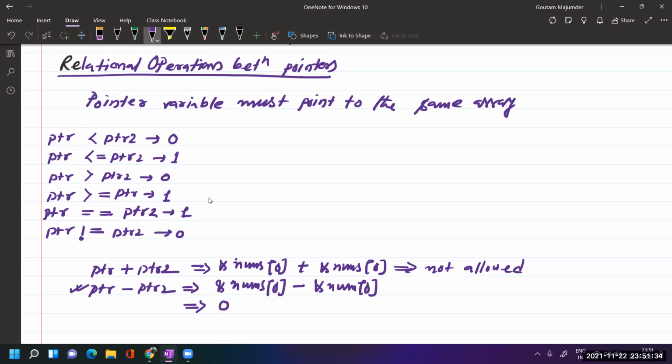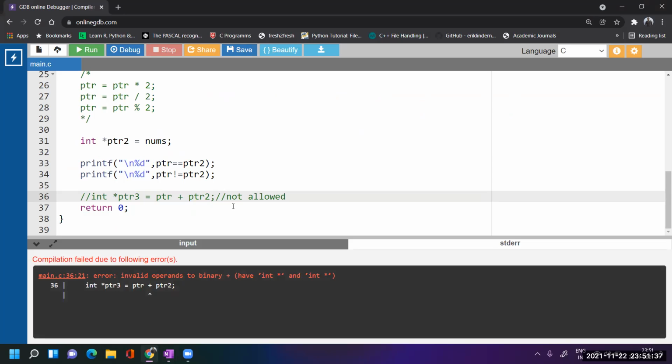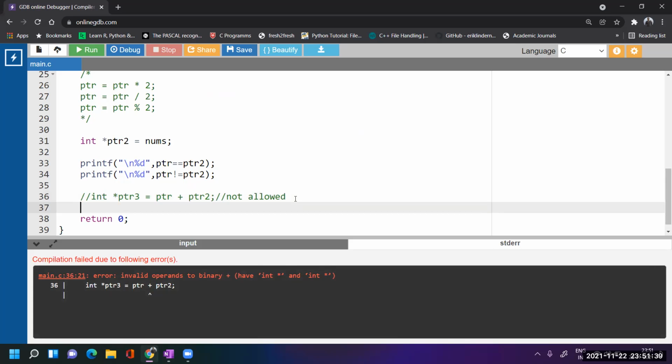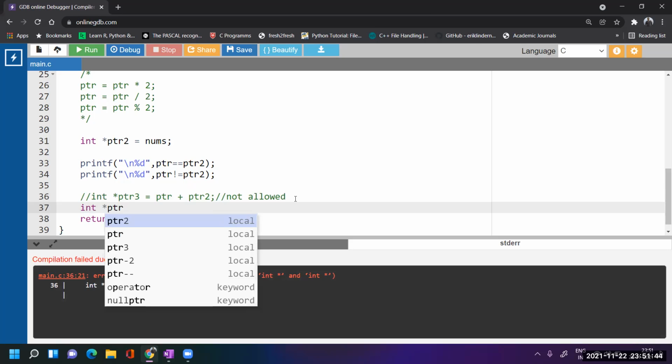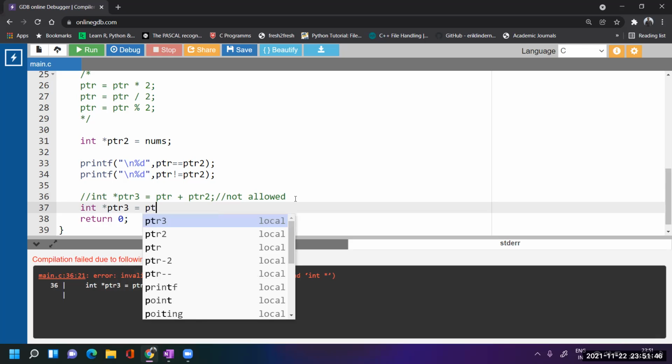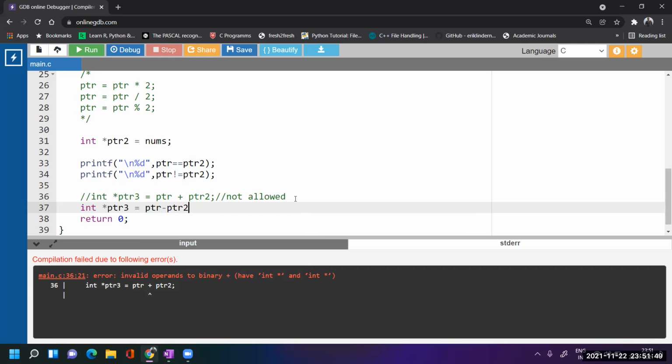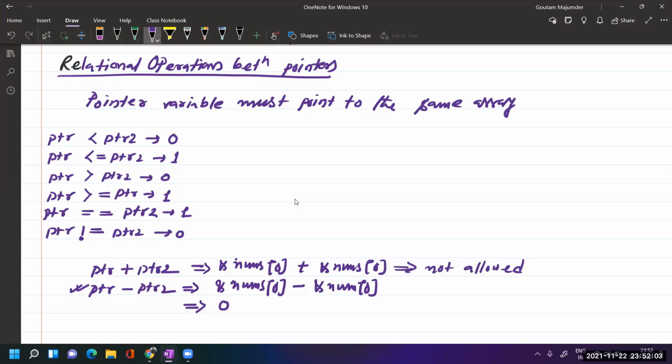Now let us see the second one. If I write int ptr3 equal to ptr minus ptr2, I'm subtracting the same value from the same value. So it gives me 0, correct? 0 is an integer, so this expression returns me an integer, correct?